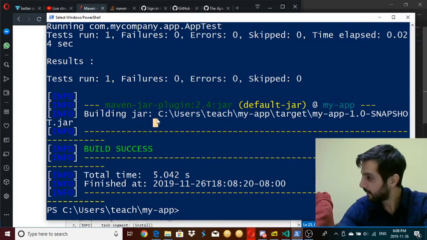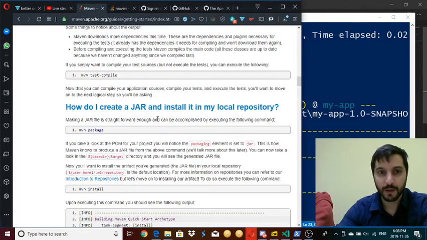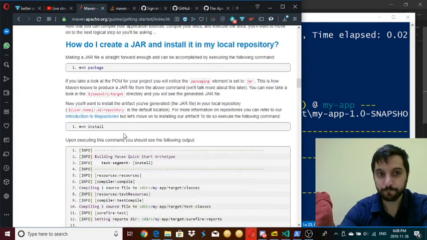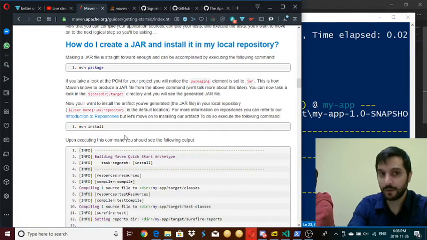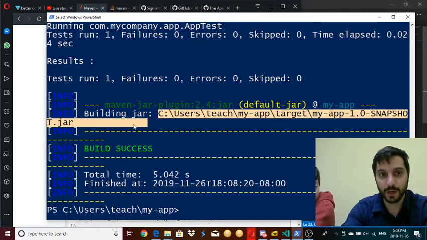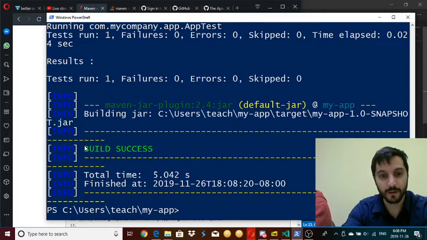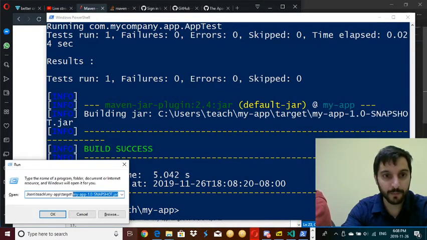By doing mvn package, it's going to create the jar file just in the my app folder. Yeah, and then it tells us where. So the reason why they call it jar file